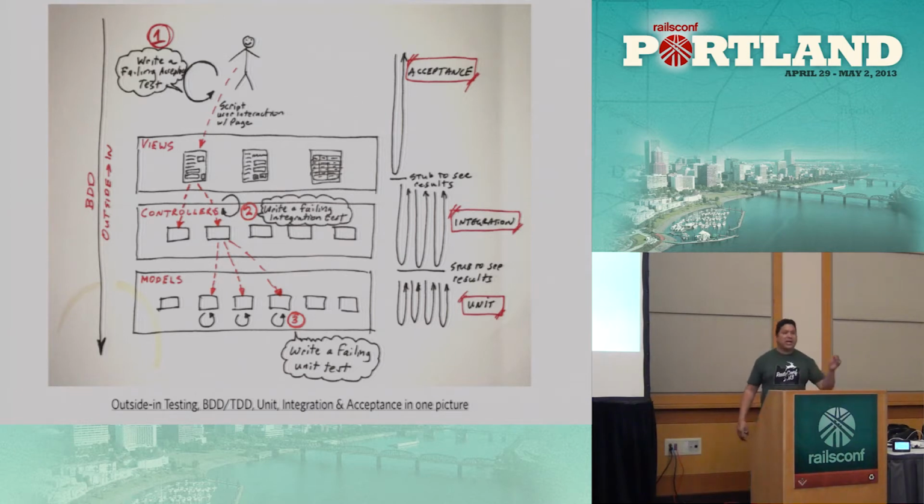The same thing happens when I get to the models. One controller might be using multiple models, and then at the model level, now I'm fleshing out, designing the API of the models by using TDD. So if you look on the right-hand side of the diagram, notice that I have this arrow going down to the acceptance testing and returning. That is the big outer loop. Then inside of that, there's going to be a lot of mini loops, integration testing between the controllers and the models. And then at the model level, I have tiny little TDD loops to actually flesh out the models.